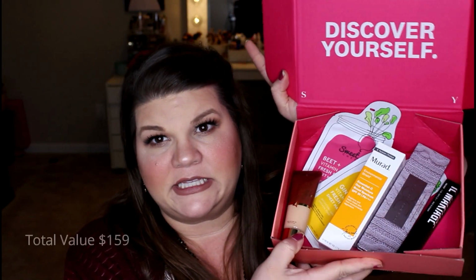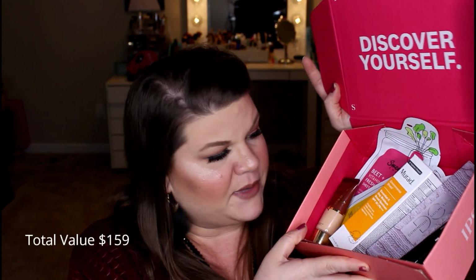All right, so here are all the products again. We got the palette, the sheet mask, the face SPF moisturizer, eyeliner, and foundation. I'm actually torn on which one of these I like better. I got a foundation in both of them, which is amazing. I really felt disappointed with my Boxy Charm, to be honest, when I opened it. But now after opening this one, while I like it, I still kind of feel like the sheet masks are